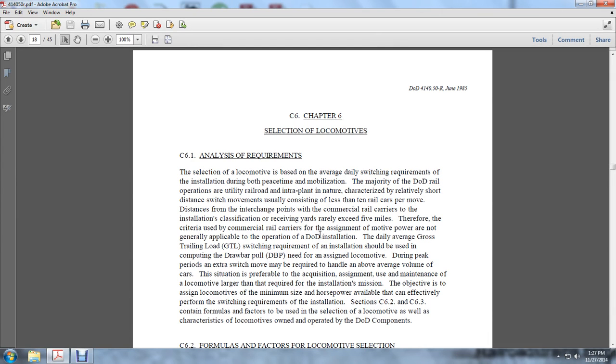The distance for interchanging with commercial railway cars at the installation classification or receiving yards rarely exceeds 5 miles. Therefore, the criteria commercial railways use to assign locomotive power are not generally applicable to the operation of DoD installations. The daily average gross trailing load, the GTL, and the switching requirements of the installation should be used in computing